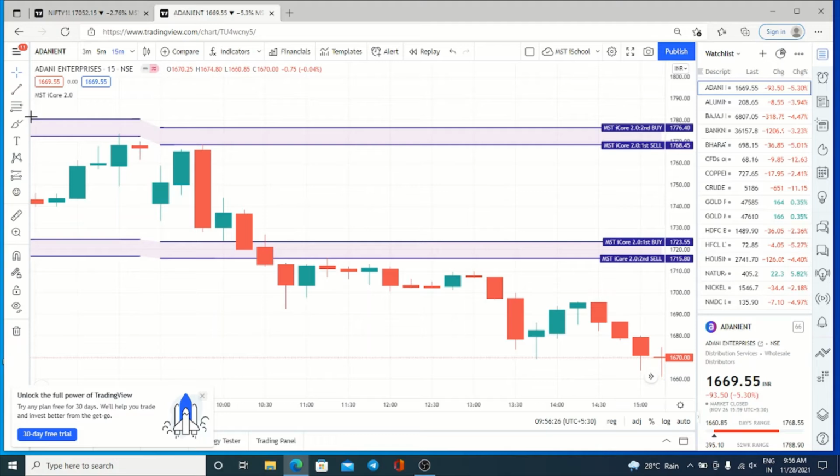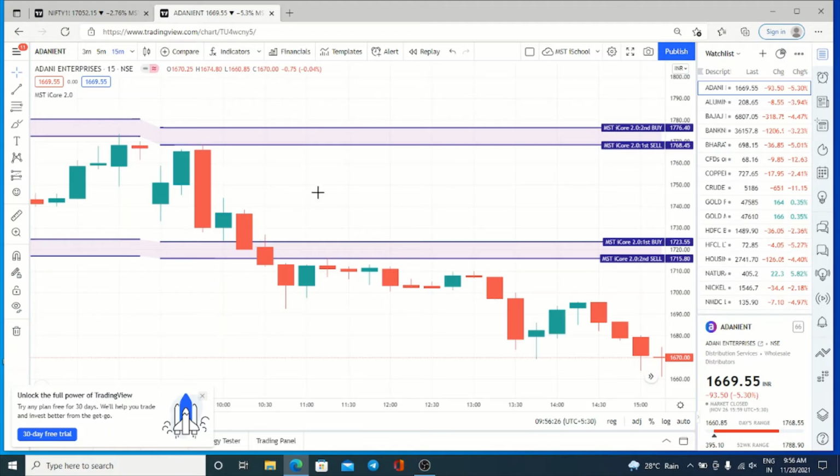Since the second sell has been activated, you have to enable the second sell targets. Second sell targets, it is here. The second sell's first target is 5634. It is exactly achieved once the second sell is triggered. So here we have booked two lots. One lot is to recover our loss and another lot is for booking profit for the day.